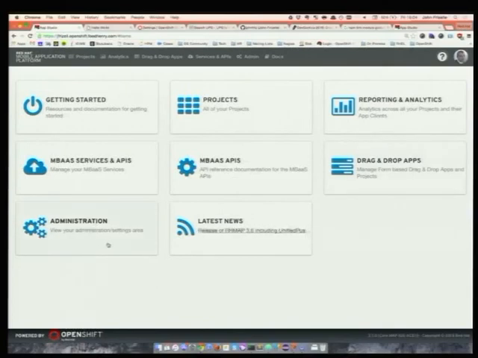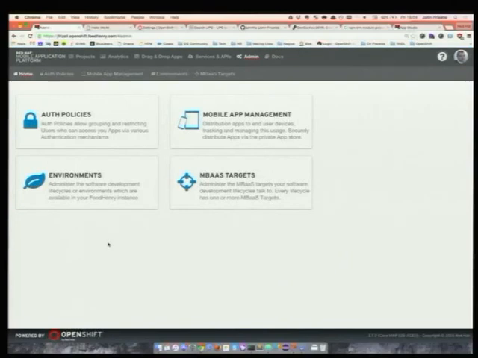Then we have an administration section where you can configure various pieces, connectivity, security, teams, collaborations, that kind of thing. So let's start by taking a quick look in here, because a couple of things happen when you first sign into the system. The first thing that happens is when you log into the system, you're using your OpenShift credentials. So the first thing we do when we get the login request, we proxy that request to OpenShift and get them to verify your identity.